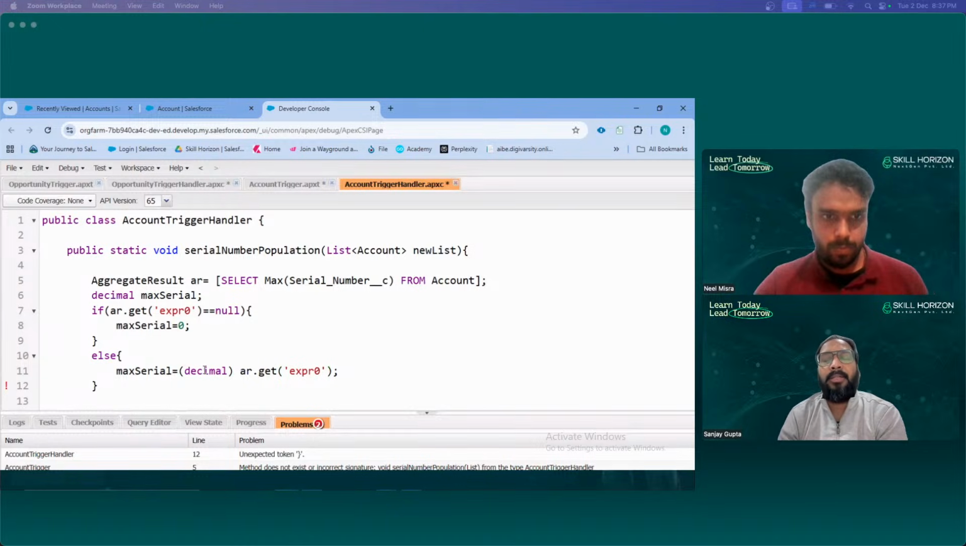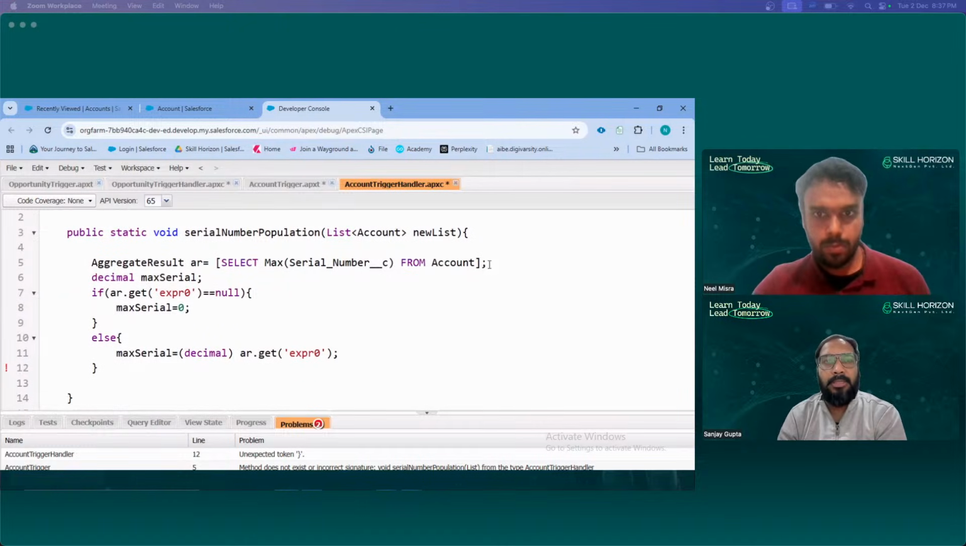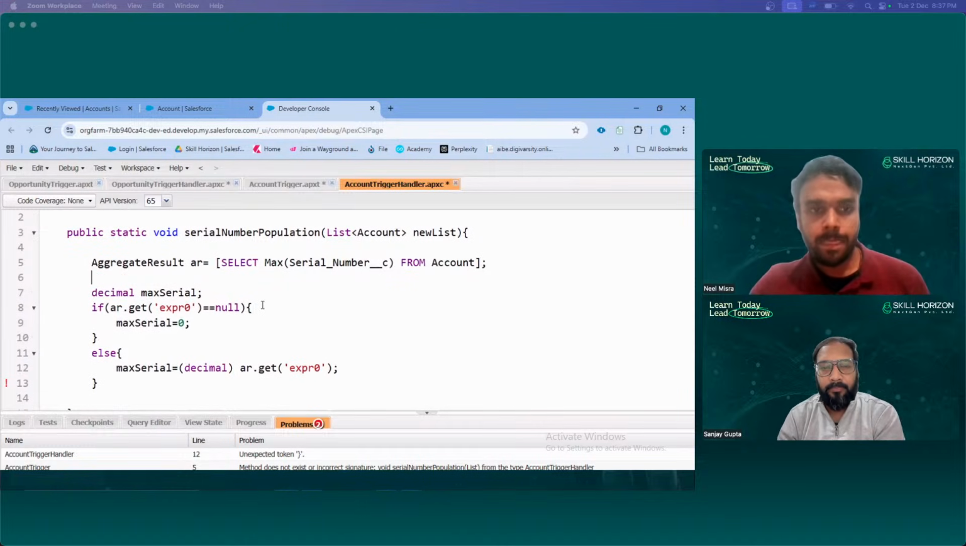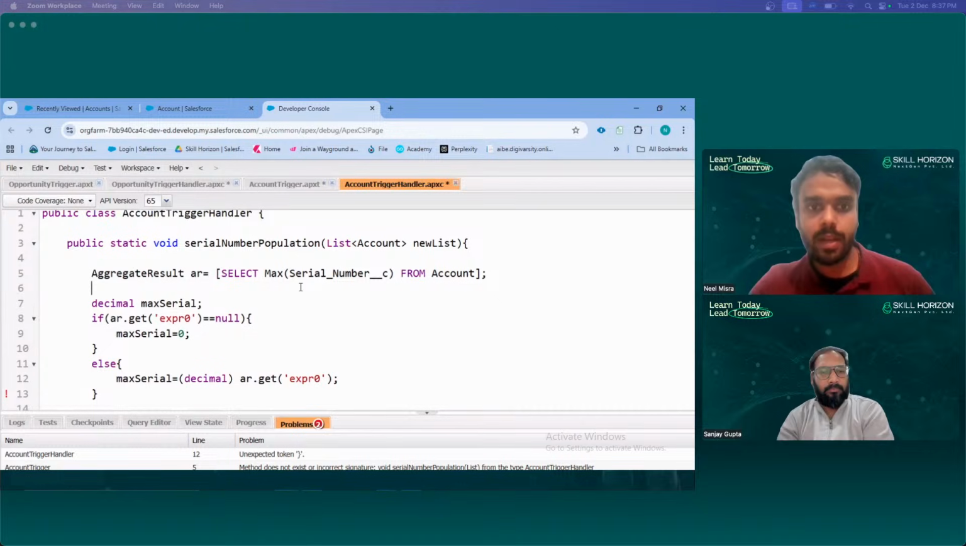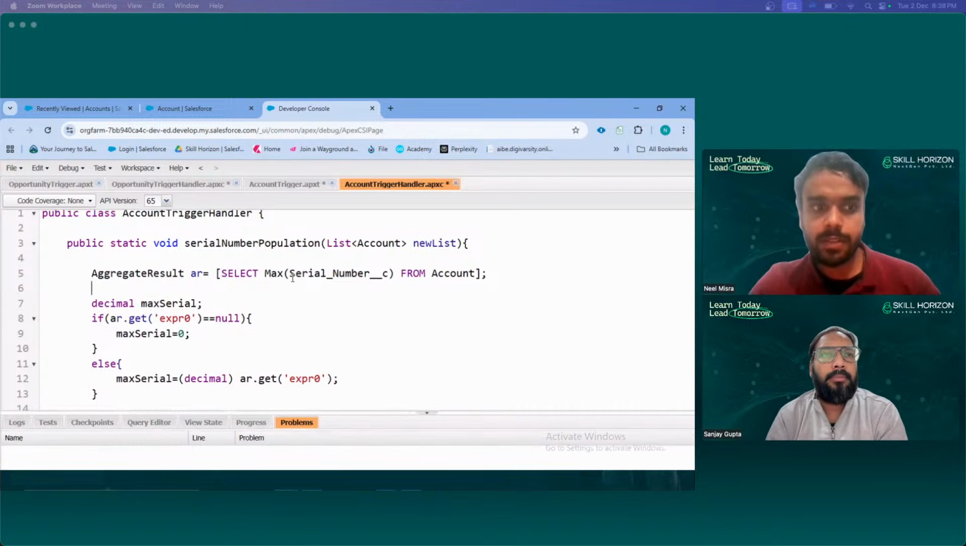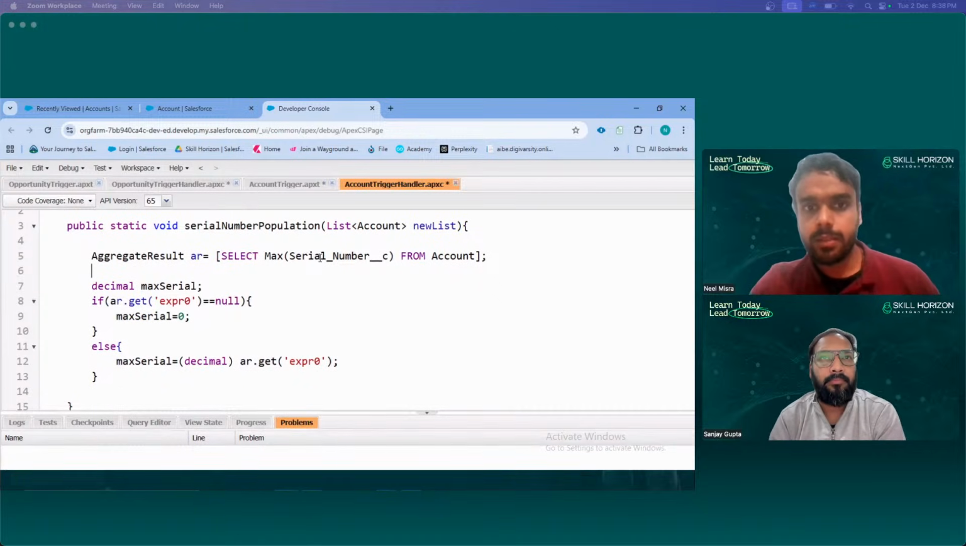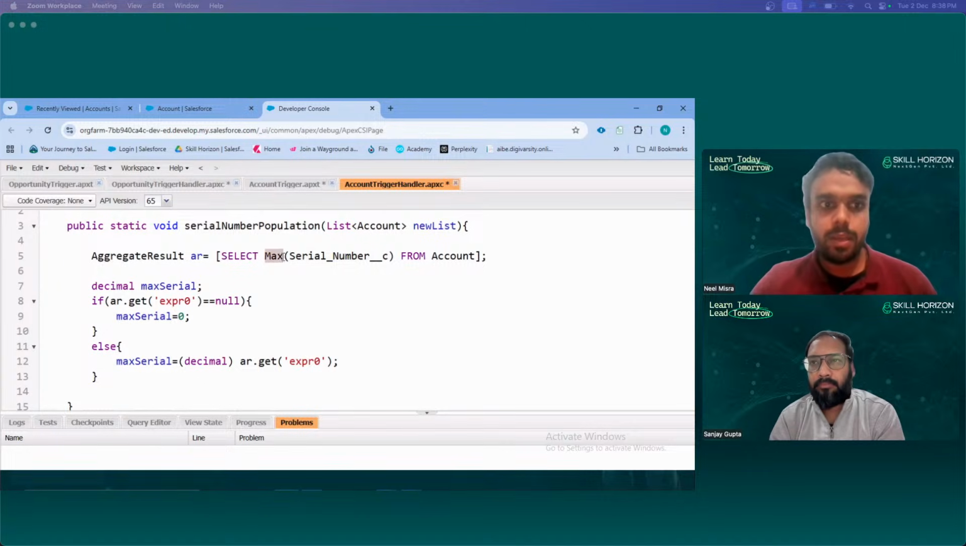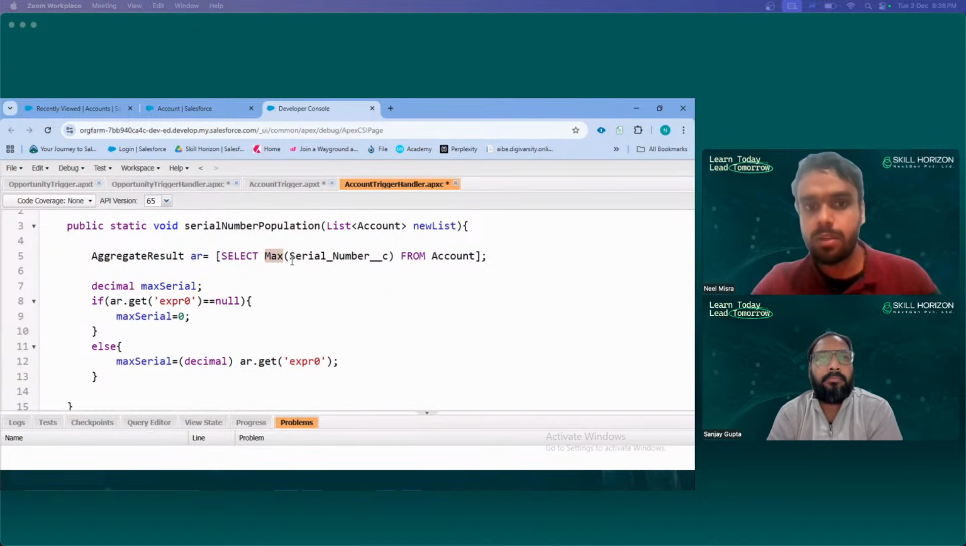Just try to explain as well so that viewers can also understand what actually you are doing. So here, what I have done is that first I have queried the serial number field. I have written an aggregate query. I have used this max keyword, which will give me the maximum value available in a particular field, and this will